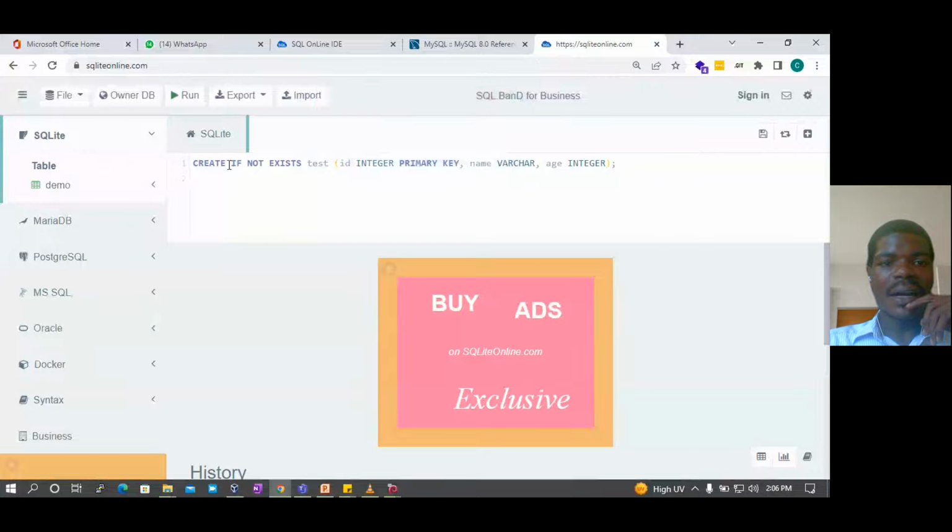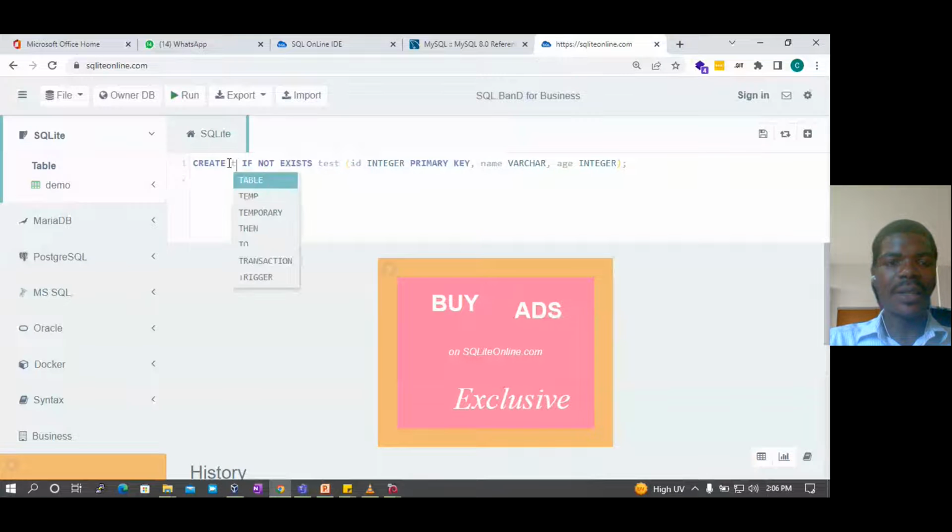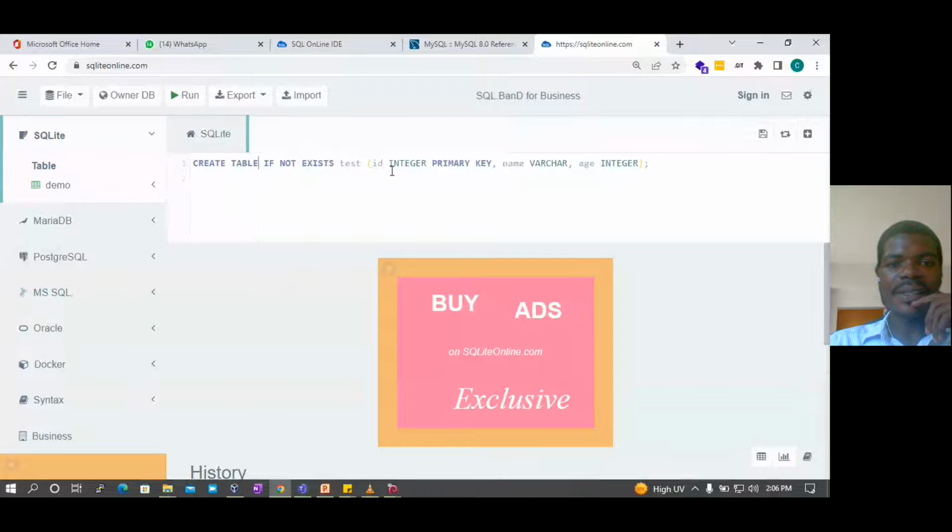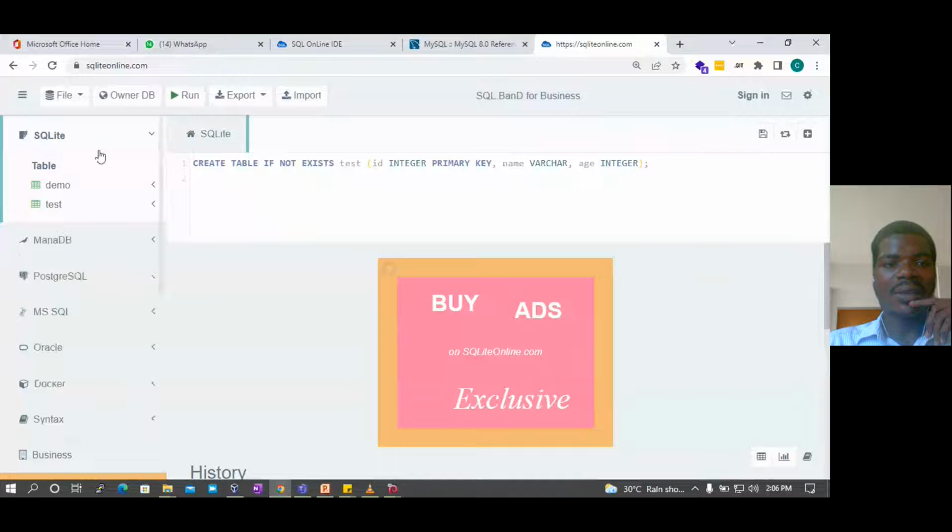Create a table. Create table. I made a mistake. You see, create table if not exists, and the name of the table we are creating is test. The one that has been created before is demo, as you can see before you. Now I'm going to rerun it. You can see that it has created the table, right? So we've successfully created a table that had